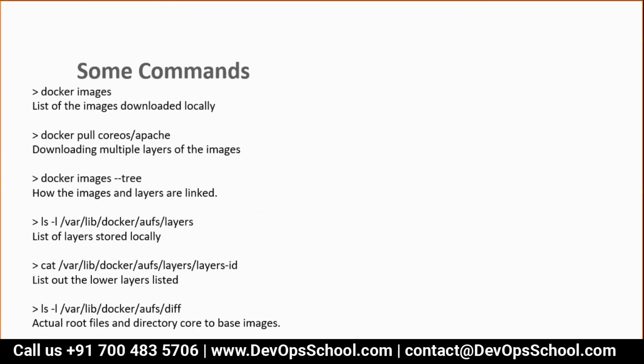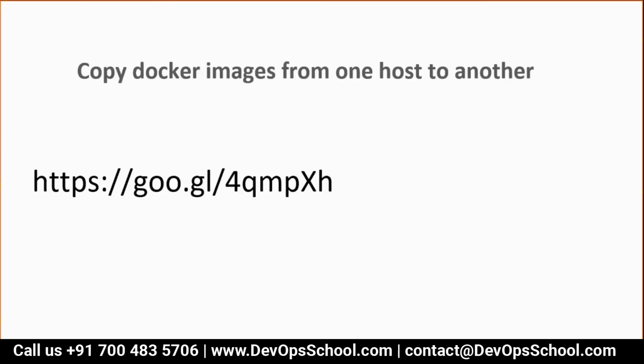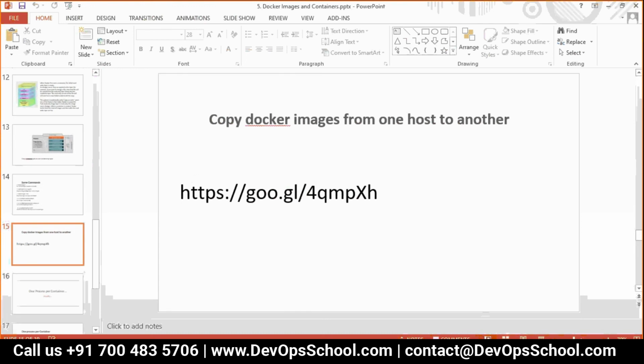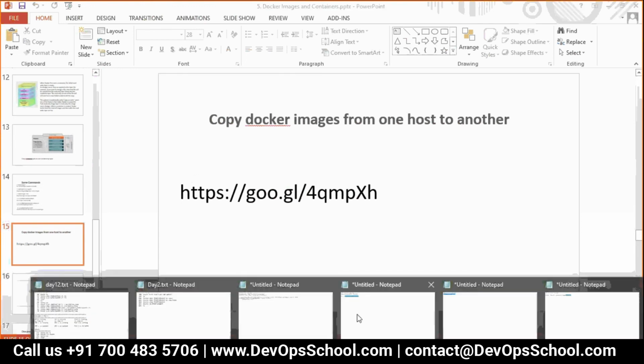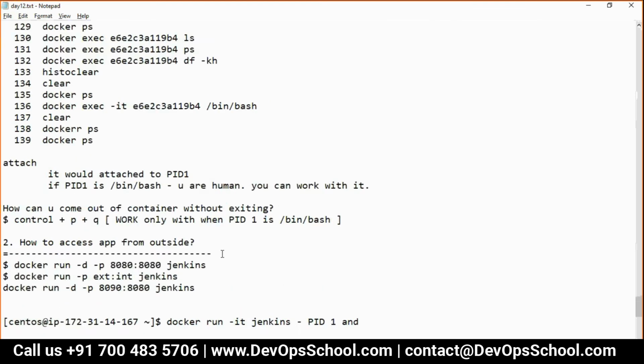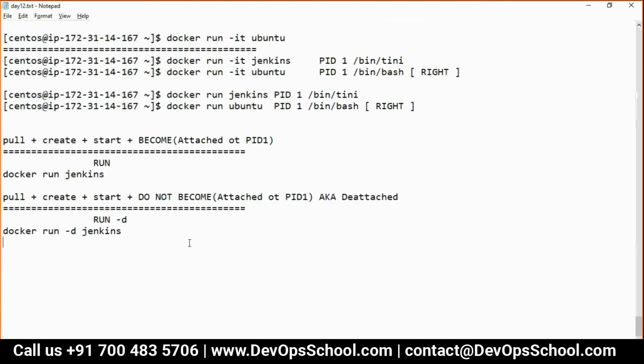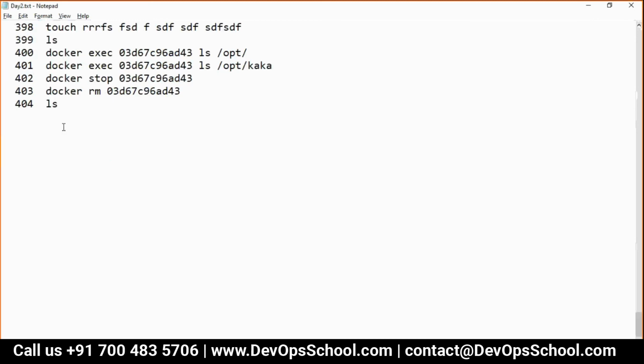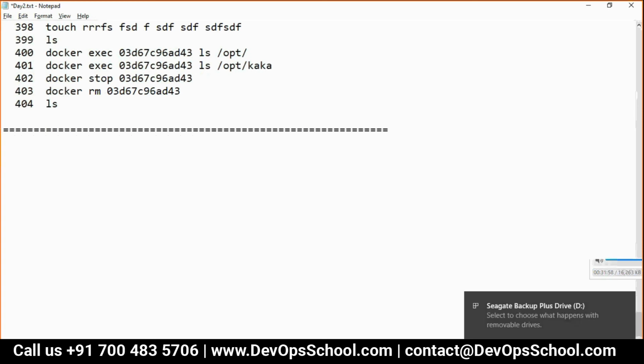Okay guys, good. So now, demo time. You have to see the demo very carefully so you'll understand this. Let me prove it. I'll do a clean demo so you will not get confused. docker images.